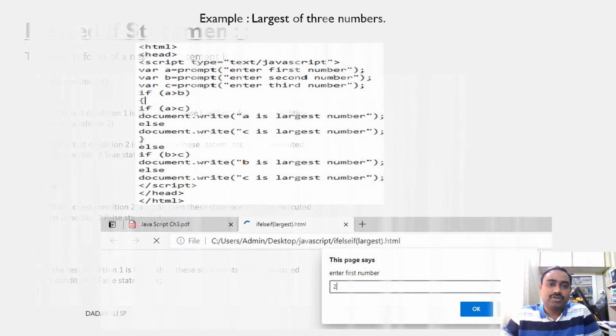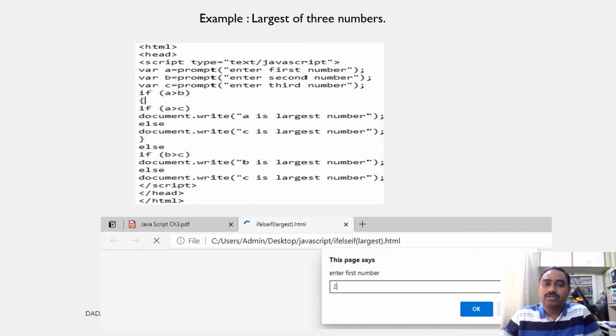Here also, same programming. So nested if. Here also, for the largest of three numbers, you can observe a greater than b. Then in the true part, once again an if condition is there, a greater than c. So if both conditions are true, a is largest, otherwise else, c is largest. So this is the if else nested if statements. Okay, next,